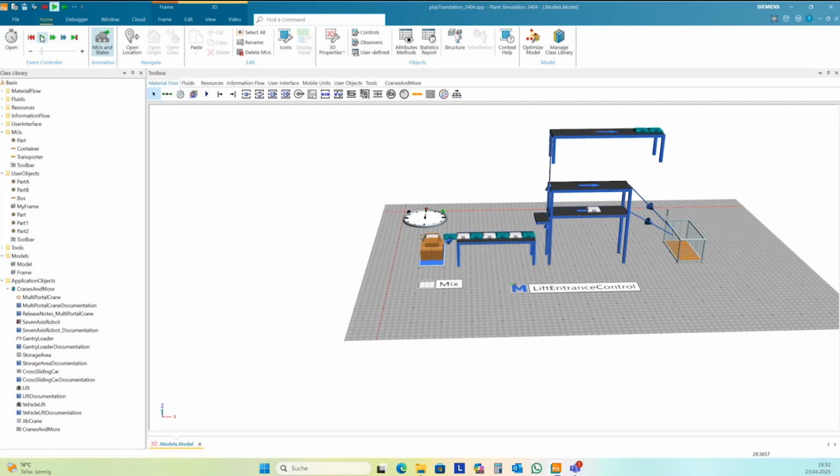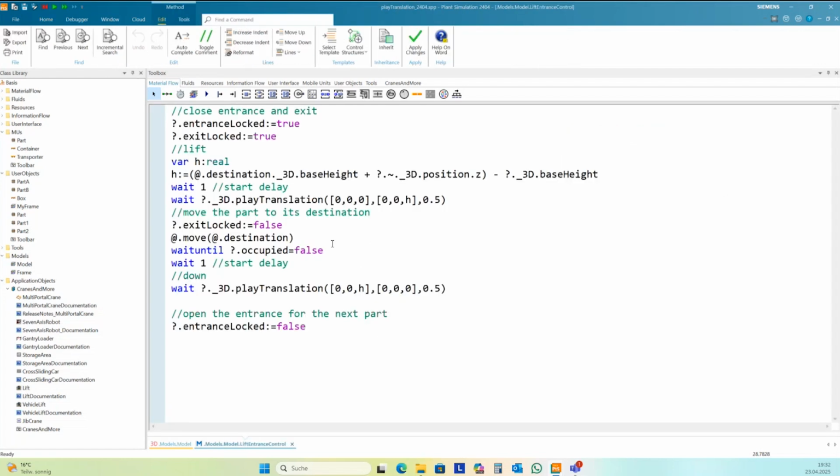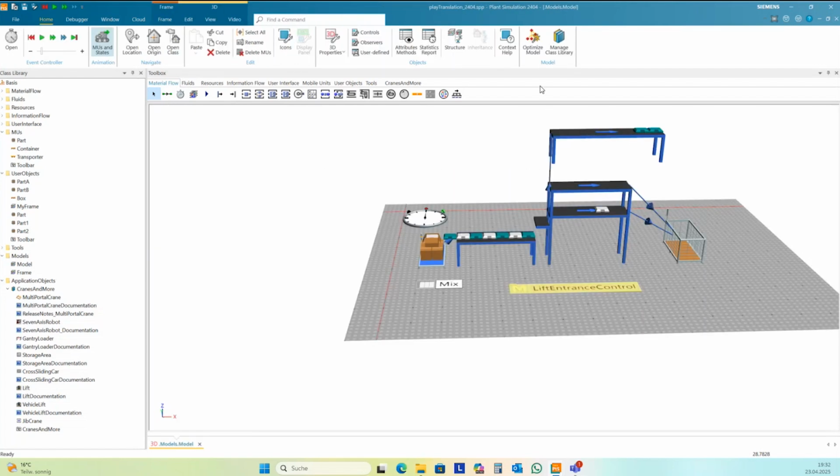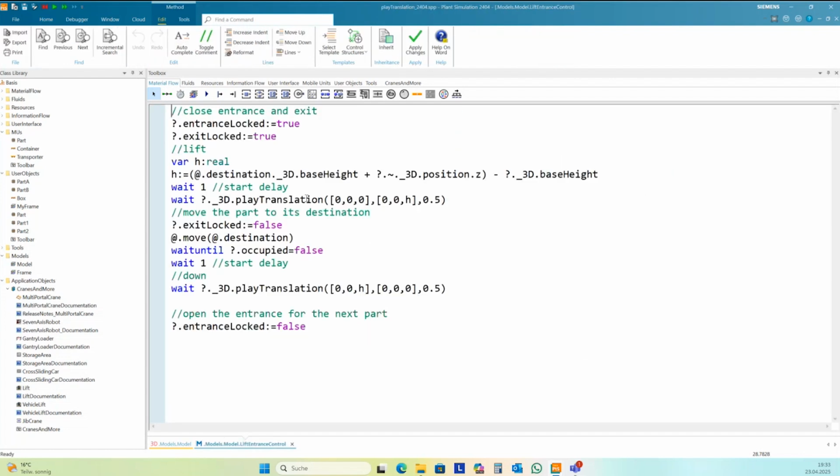Oh, this was right. But you can see it's already in another frame here. And my biggest height. Oh, it's not here. This is not right.